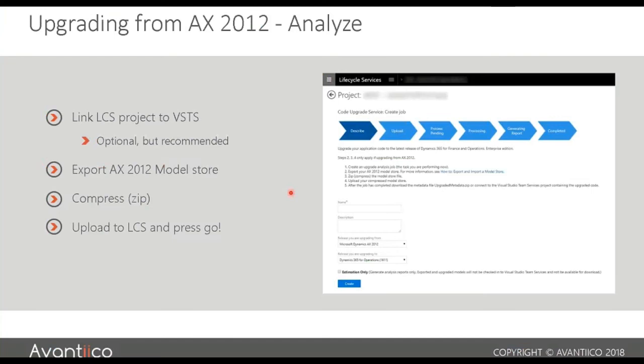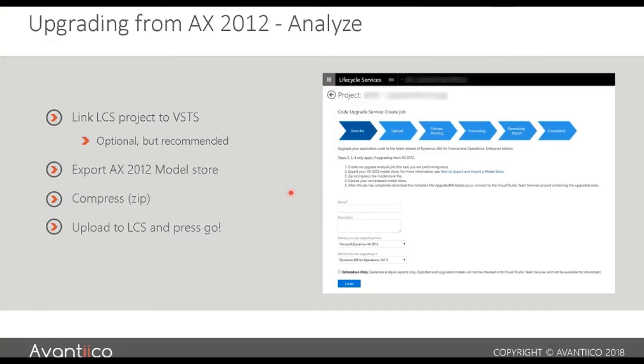Microsoft have a tool on Lifecycle Services. If you're not familiar with Lifecycle Services, or LCS, that's something I would ask you to look at. At a high level, it's an online collaborative workspace for the customer and the partner to help manage their 365 implementation.